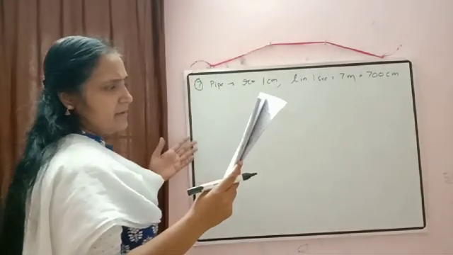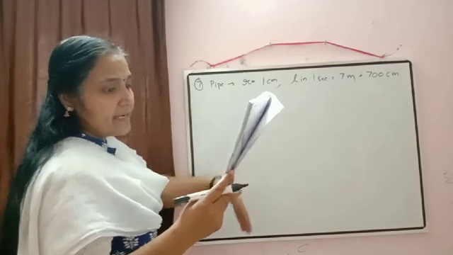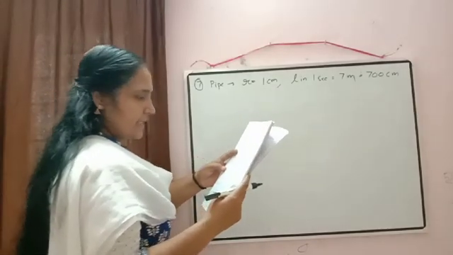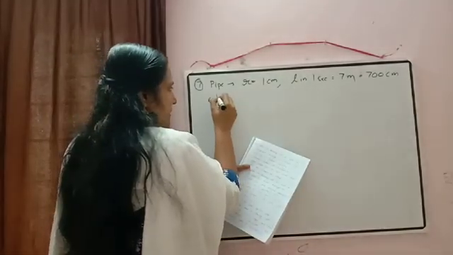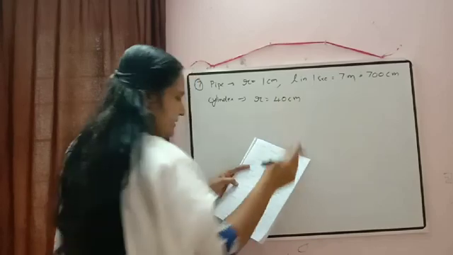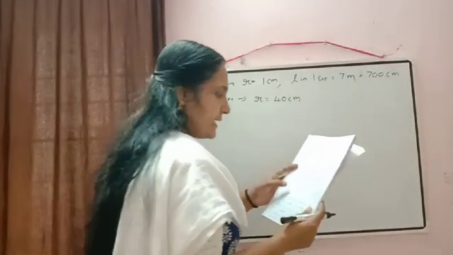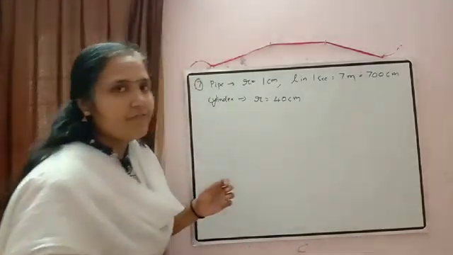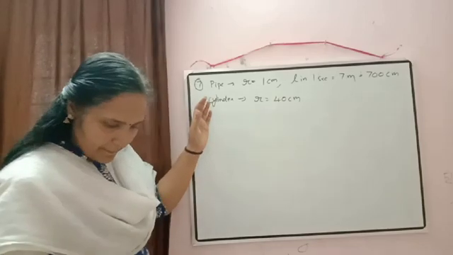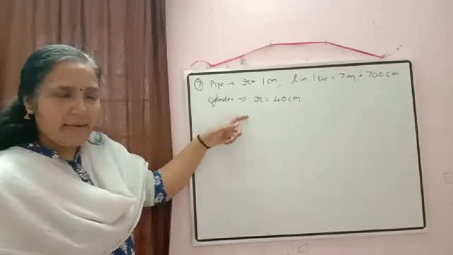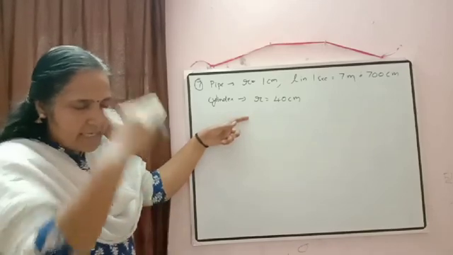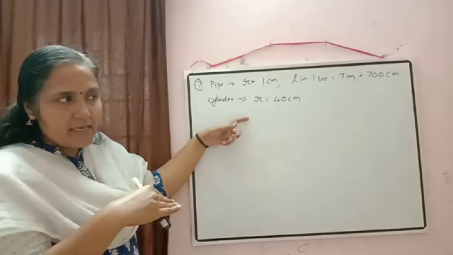Whose internal diameter, now what, whose internal diameter into a cylindrical tank, the radius of whose base is 40 centimeters. So for the cylindrical tank, base radius is given 40 centimeter. Find the increase in the water level in half an hour. How will we do this question? Here it is given from the pipe, water is flowing to a cylinder, and in half an hour what will be the rise in the cylinder? So what will be the rise?